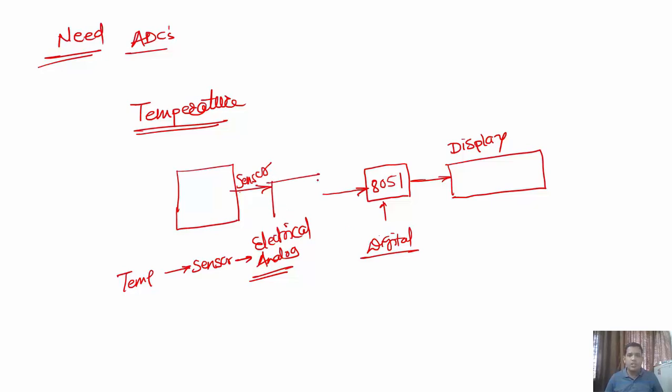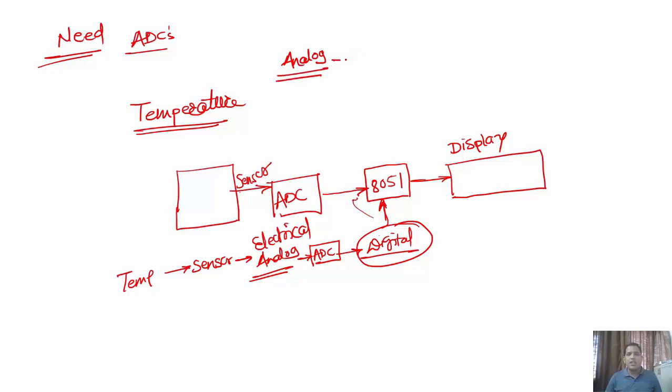Directly, it is not going to process the analog signal. So what are we going to do? We are going to make use of this analog to digital converter. These analog signals are given to the ADC, and now they are converted into digital format, and this signal is given as the input to the 8051 microcontroller. Then as per the requirement, the microcontroller processes that input digital data and displays it on the display. So in short, the analog quantities present in nature are read with the help of sensors.